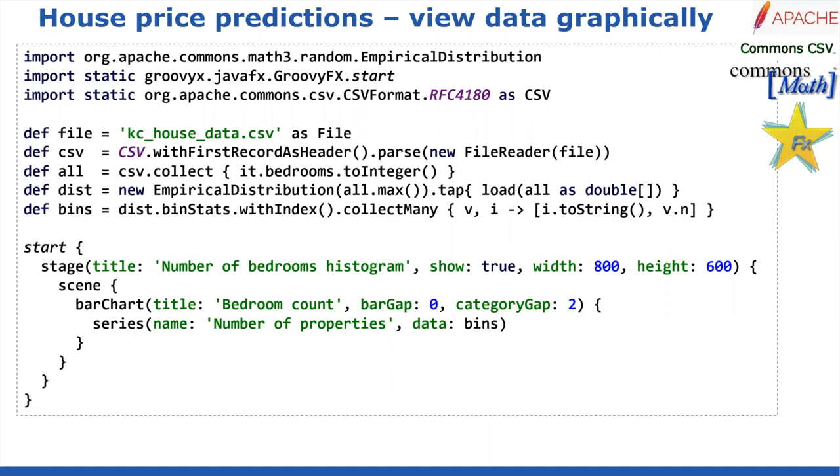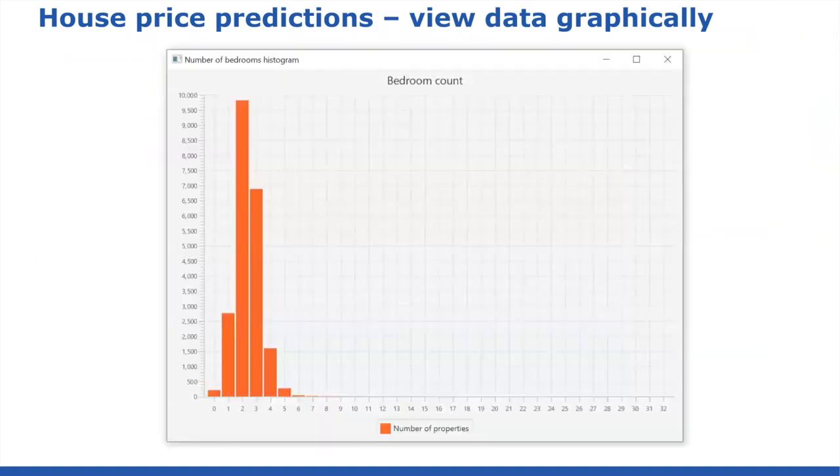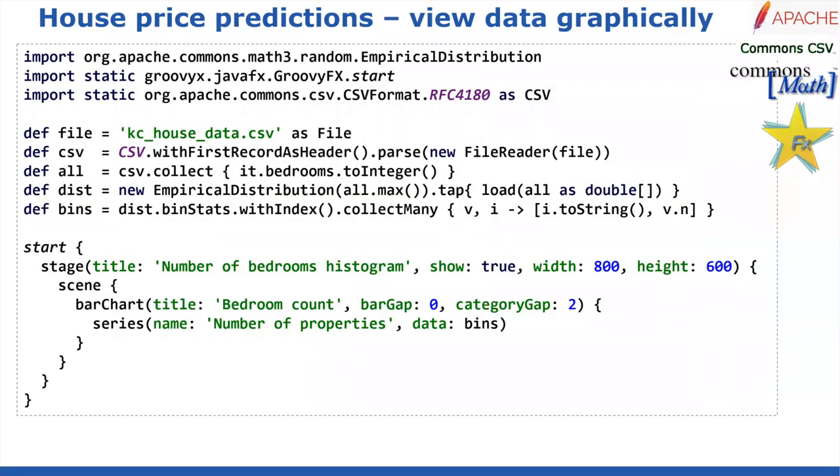I'm just grabbing all the data out of the CSV file, putting it into my distribution, and then I'm going to use GroovyFX to show that up as a little bar chart. So here's the bar chart here. We can see, yep, lots of houses. I've just shown the bedroom count. So the middle line of those 5 lines in the top part of that slide is looking at the